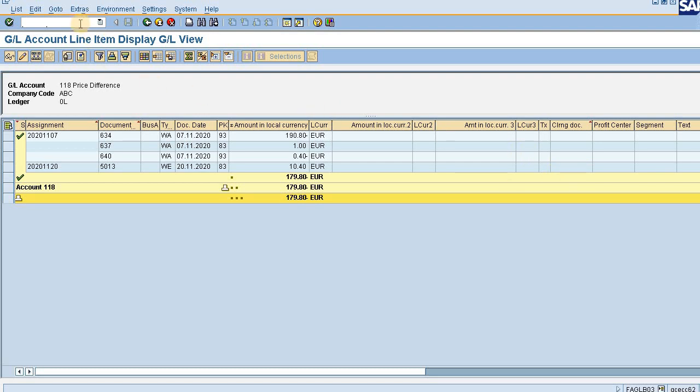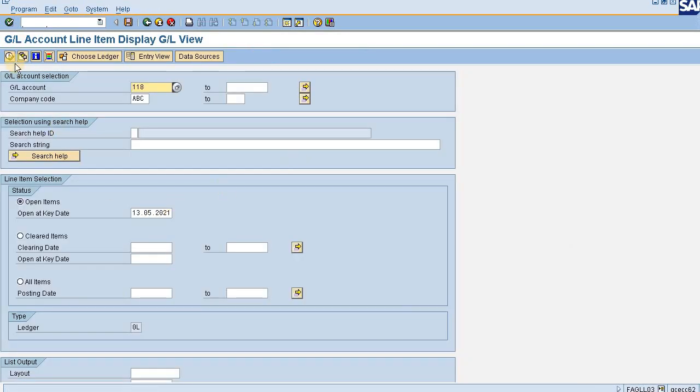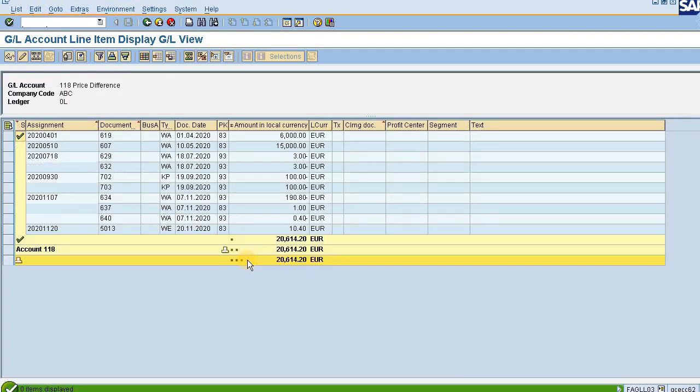So we do have another report as well, that is FAGLL03. Again I am giving my GL account and company code here and just pressing the execute button. Again it will show me these documents, it will show me this list.